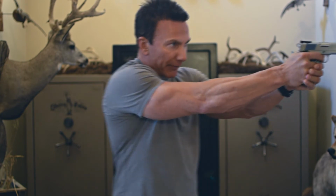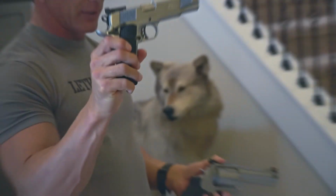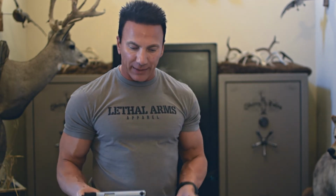The nice thing is, every time I shoot this gun, it goes boom, boom, boom, boom, boom. Unlike a revolver, even though I can shoot it that way, it's a lot more work and a lot more effort. This is much faster, you get a lot more rounds out. This is much more reliable. Although that being said,